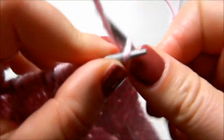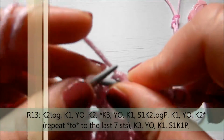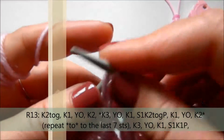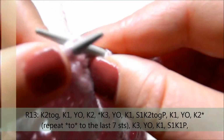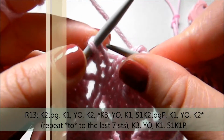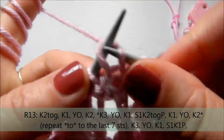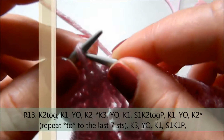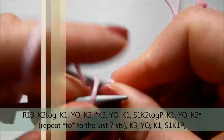Row number 13, it starts the same with knit 2 together, knit 1, yarn over, knit 2, and then we're gonna do a repeat of row number 5, which is knit 3, yarn over, knit 1, decrease, knit 1, yarn over, knit 2 to the last 7 stitches. And then when we have 7 stitches left, we're going to do knit 3, yarn over, knit 1, slip 1, knit 1, pass, which is a simple decrease. I think they call it a simple decrease. I don't know, maybe I just made that up. I'm just knitting the garter stitch border, and